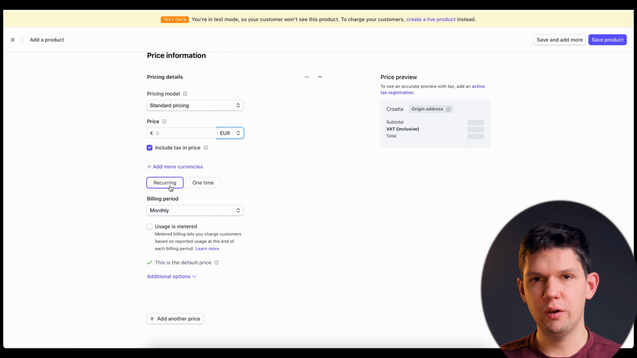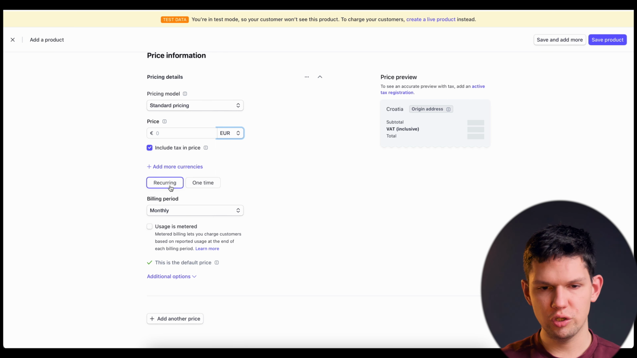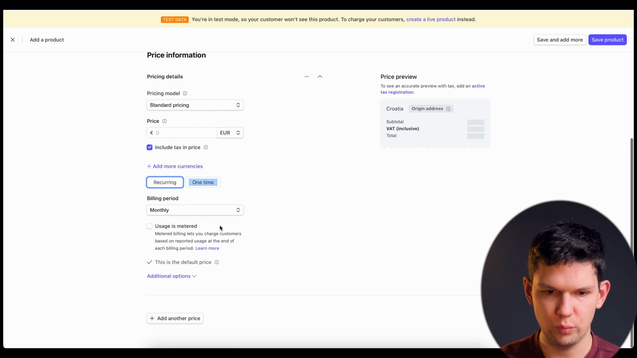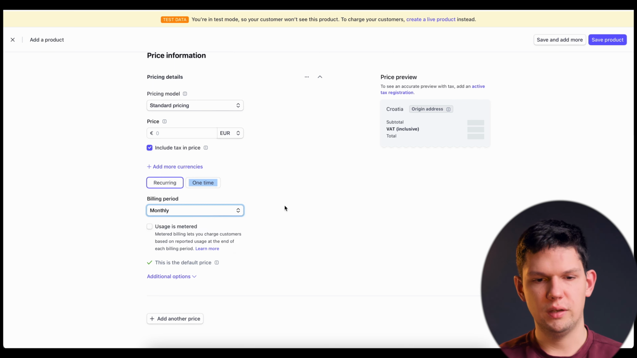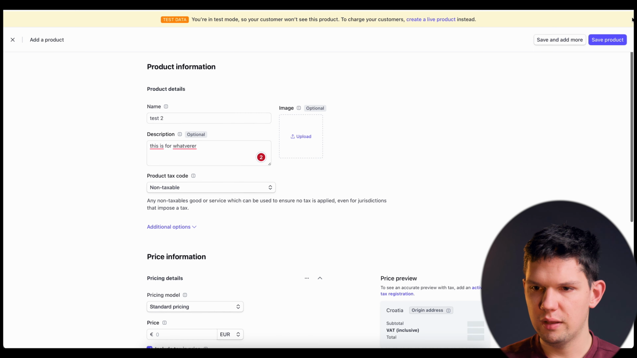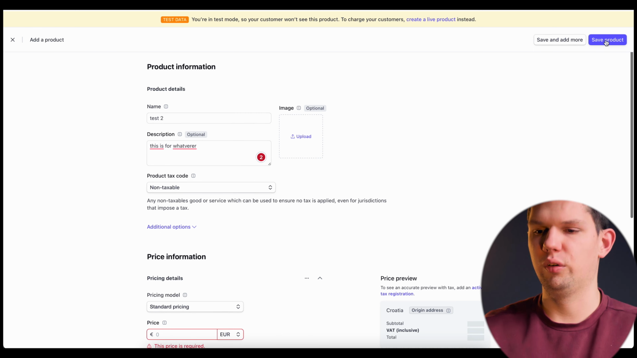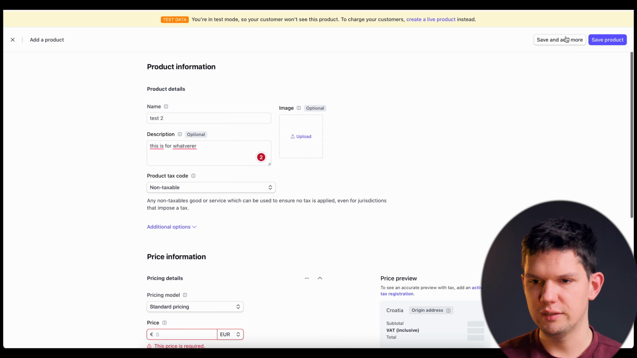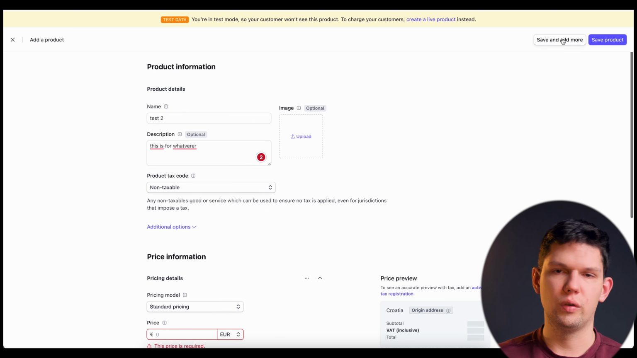Will it be recurring, which basically means like a subscription, or will it be one time? You can also do it that way. If it's recurring, you can select the billing period, the usage, and that usage can be metered. And once you're done, you will just click on save product at the top right, and that will be it. Or you can just click save and add more to create even more